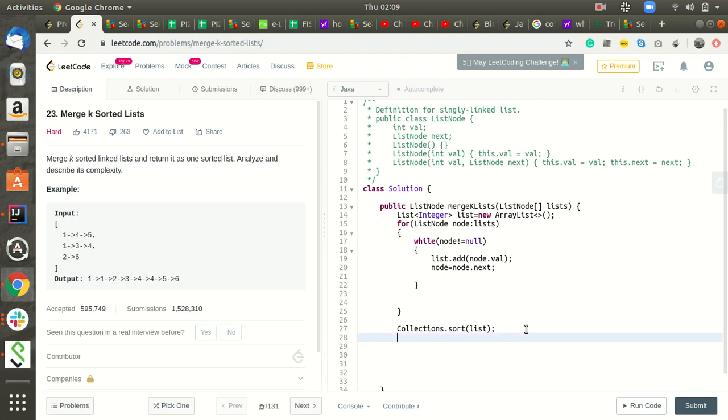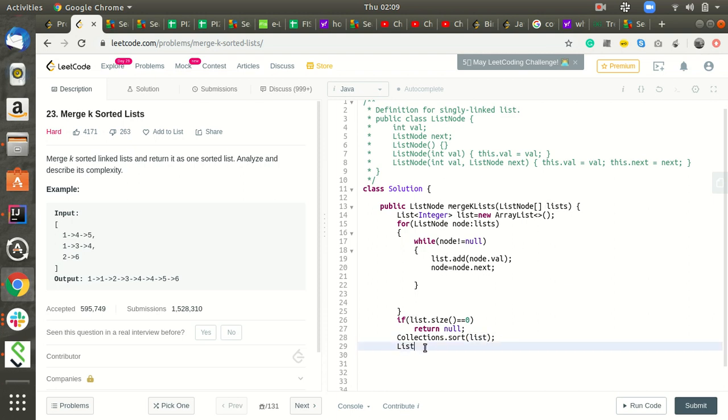So again, there is an issue: if the list is empty, so if list dot size equal to 0, then we should return null, right? No element is there, so we'll return null.